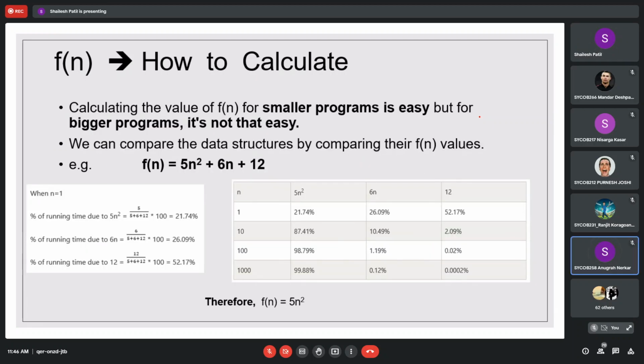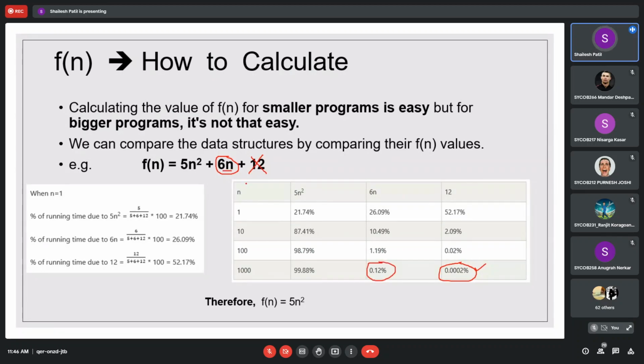Yes, sir. Okay, so we have seen how to calculate f of n. We do not consider the constant values, because when n increases, constants are of no use in our complexity and impact very little compared to the other terms. Multiplication by a constant also does not give much improvement.